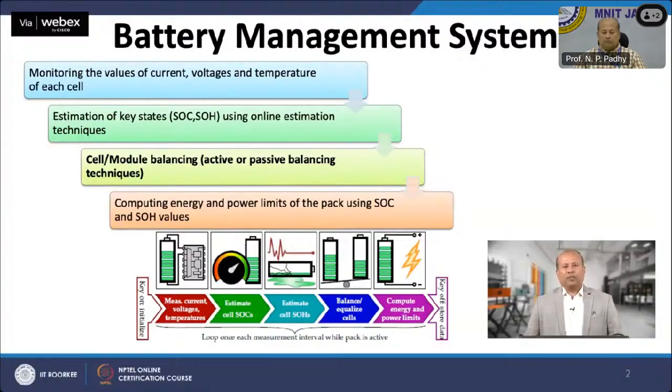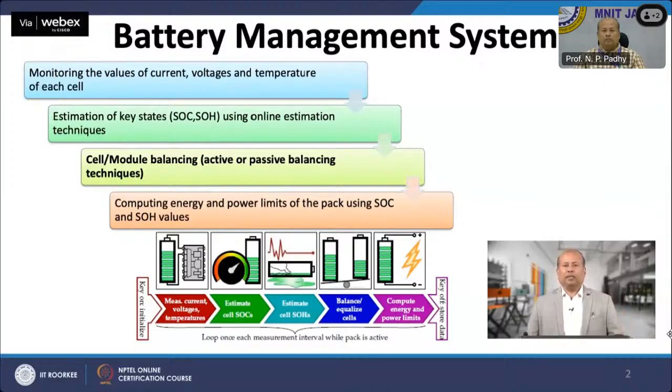Very good morning. Welcome to the course on Smart Grid, Basics to Advanced Technologies. We are going to discuss the battery management system today. The main functions of the battery management system, the so-called BMS, are monitoring the current through the circuit, cell voltages and ambient temperature, and estimation of key states such as SOC, SOH and SOP